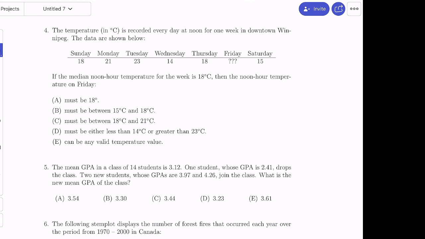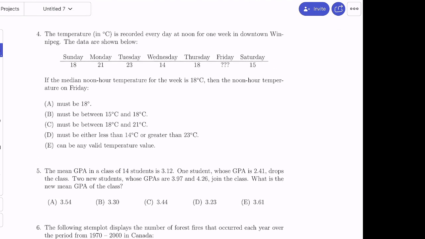Try this one, number 4. So we have almost an hour left. Let's just do some problems. And for those who still have to watch the videos, watch them and then you can watch these later, okay? Try and catch up with your notes. And you can watch these ones later.